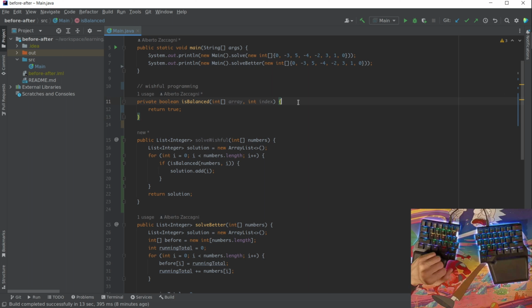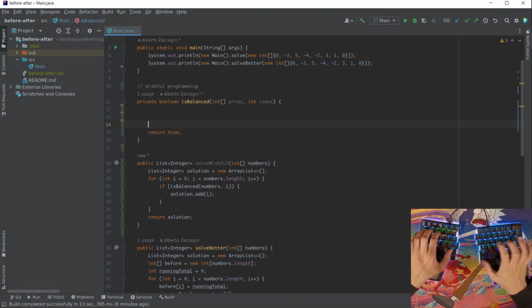So let's also approach this function bit by bit, implementing it in small steps. What would the first step be? As we recall, the definition of a balanced index is that an index is said to be balanced when the sum of the elements at its left is the same as the sum of the elements at its right.